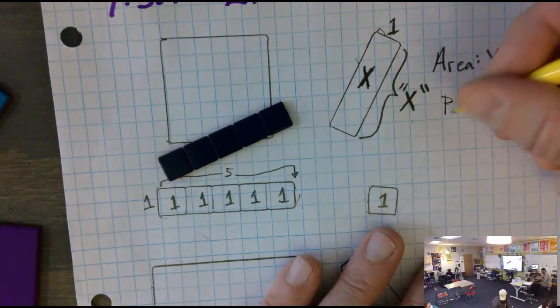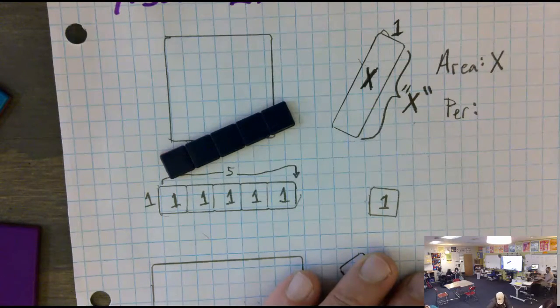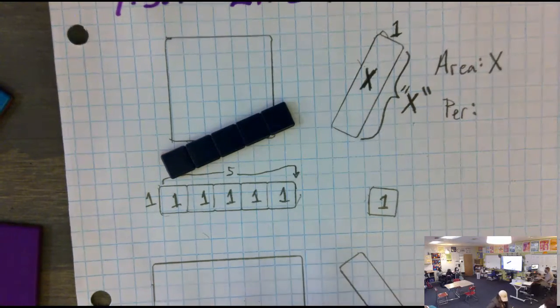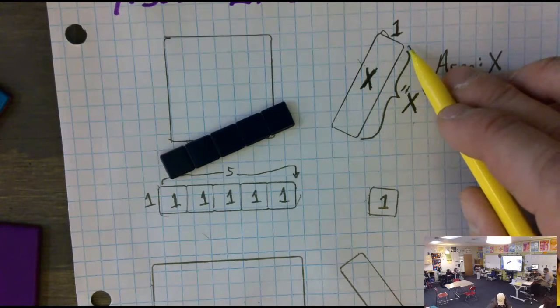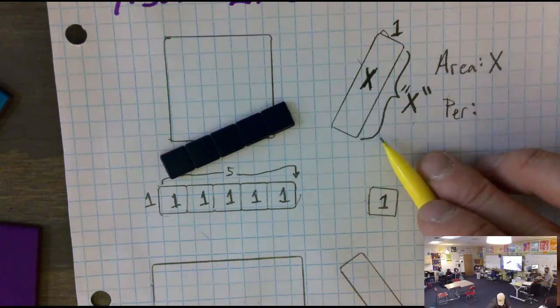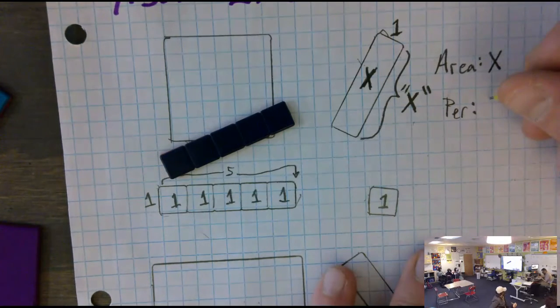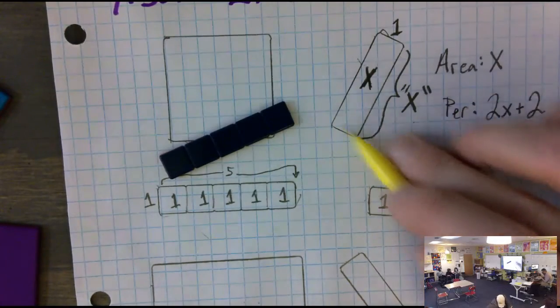But actually our perimeter around, guys, we're going to have a lot of area and perimeter questions coming up on the homework. The perimeter, we'd have X, 1, another X, and another 1. Aiden? 2 + 2X. Yeah, either 2 plus 2x, or we could say 2x plus 2. But if we take a walk around the whole thing,